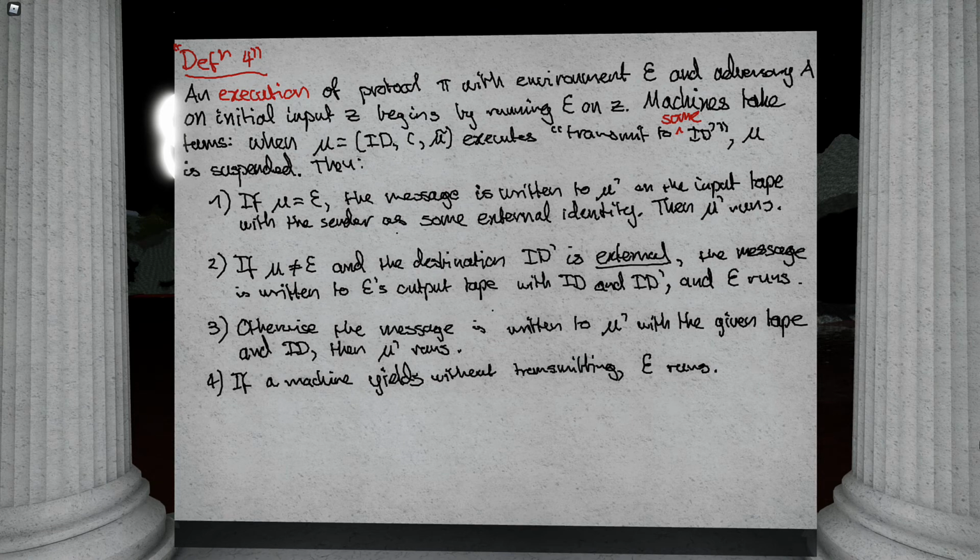Okay, then I'm happy. In the third case, how is the tape specified? Sorry, what do you mean? In the third case, how does the execution model know which tape? Yes. So transmitting a message says which tape you're writing to. What might happen is an internal machine might say, now I'm going to call another machine, and it says transmit message to input tape of this identity.